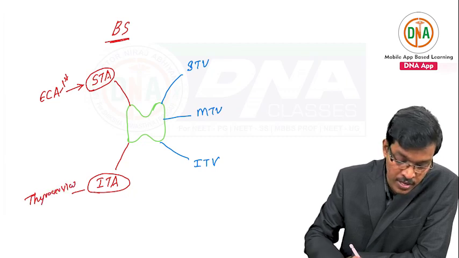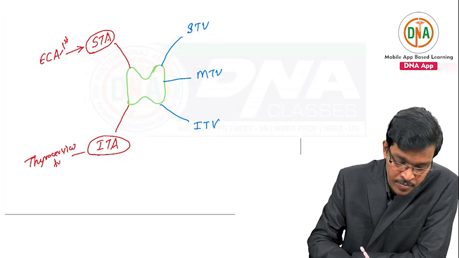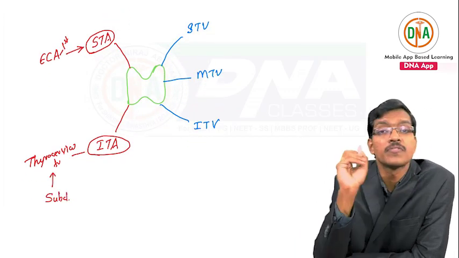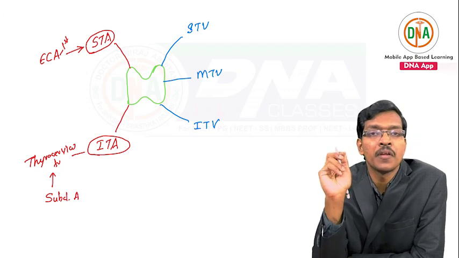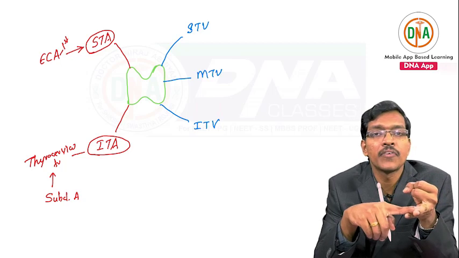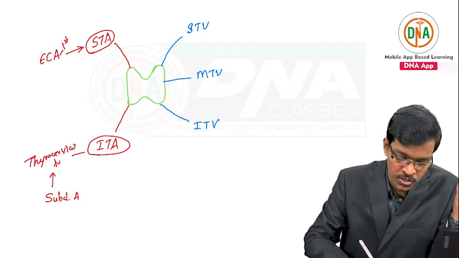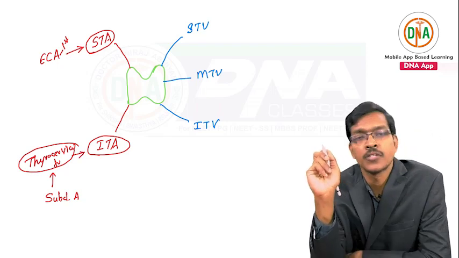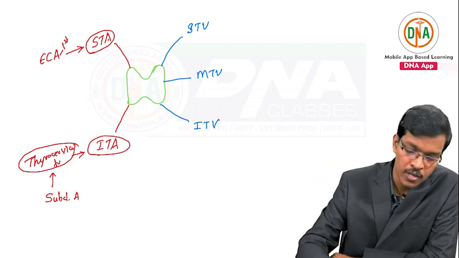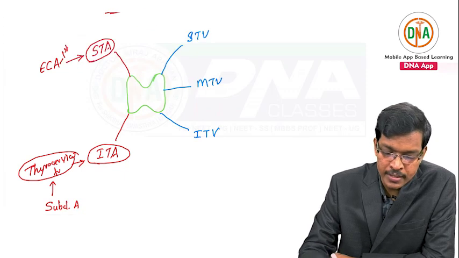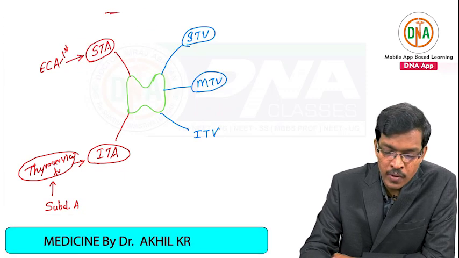Thyrocervical trunk. Thyrocervical trunk is a branch of the first part of subclavian artery. The first part of subclavian artery gives us three branches: vertebral artery, internal thoracic artery and thyrocervical trunk. The thyrocervical trunk gives off the inferior thyroid artery. Fine. Now coming to the venous drainage, superior thyroid vein and middle thyroid vein, both of them drain into internal